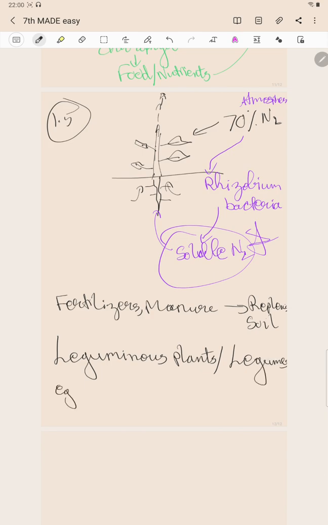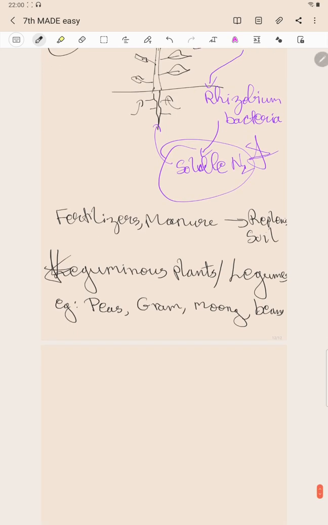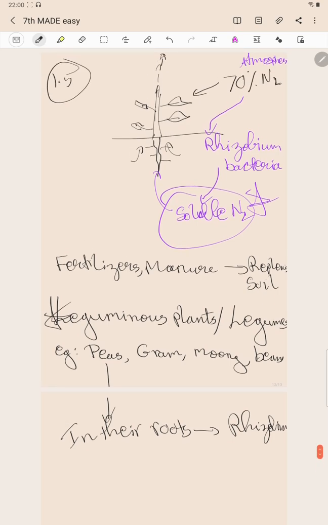Okay, examples are peas, gram, moong, and beans. This is important, guys. So these leguminous plants have in their roots, what do they have? They have Rhizobium bacteria in their roots. So we know what's important, Rhizobium bacteria. So in the roots of legume plants, they have Rhizobium bacteria. So as I said earlier, Rhizobium bacteria fixes the atmospheric nitrogen and converts it into soluble